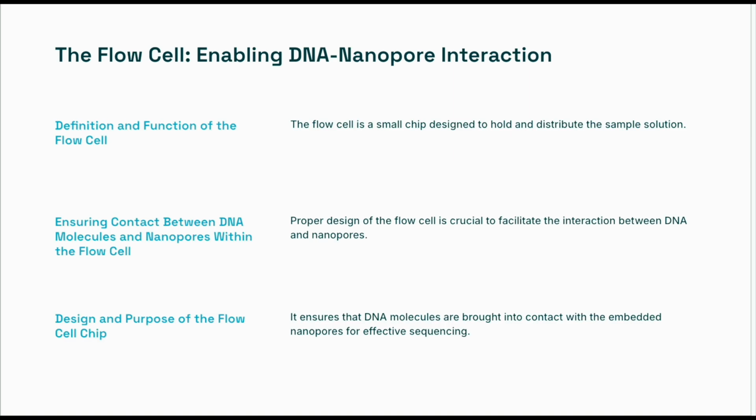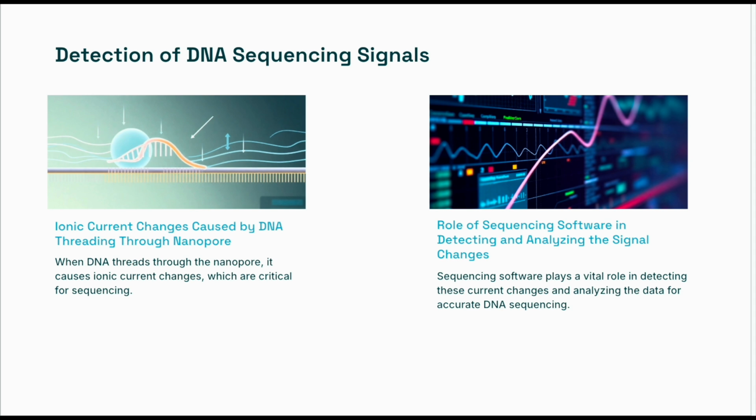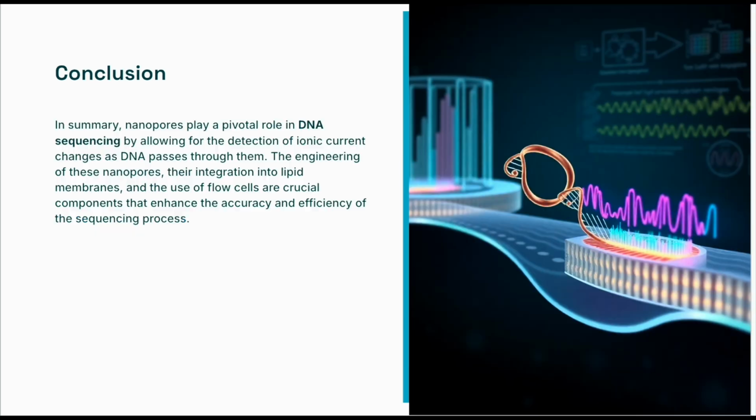The flow cell is also a small chip designed to hold and distribute the sample solution, and a proper design of that cell is crucial to facilitate the interaction between DNA and nanopores. It ensures that DNA molecules are brought into contact with the embedded nanopores for effective sequencing. When DNA threads through the nanopore, it causes ionic current changes, which are critical for sequencing. The sequencing software plays a vital role in detecting these current changes and analyzing them for accurate DNA